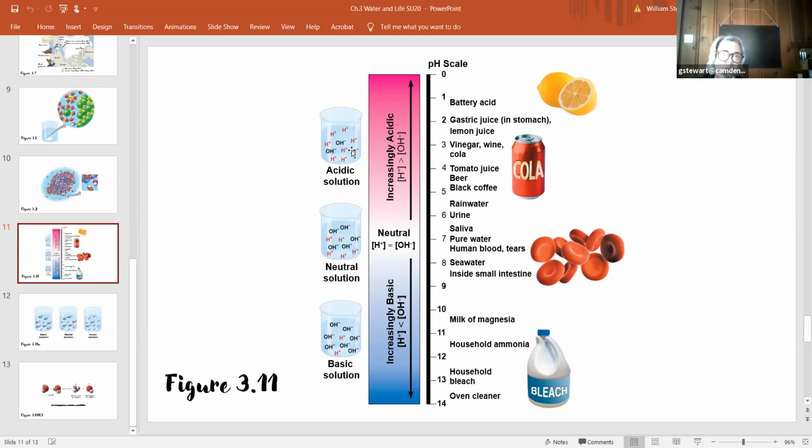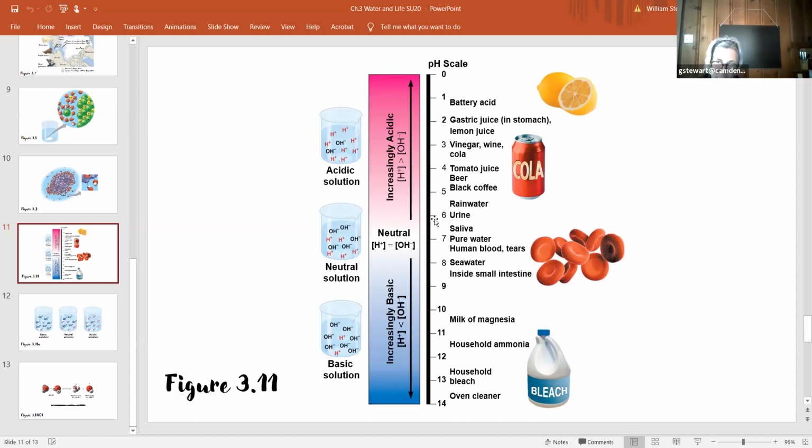This scale, because we're actually measuring individual protons, and in a solution of say 100 milliliters of a particular lemon juice or coffee, for example, there would be millions of protons and maybe even billions. And so to measure those, we use a log scale because that's on the power of base 10. So every time you move a step on the pH scale, if you're moving from 6 to 5, you're becoming 10 times more acidic. If you're moving 6 to 4, you're becoming 100 times more acidic,